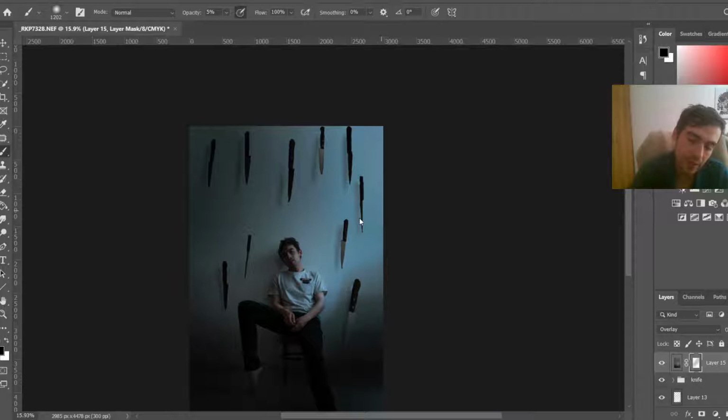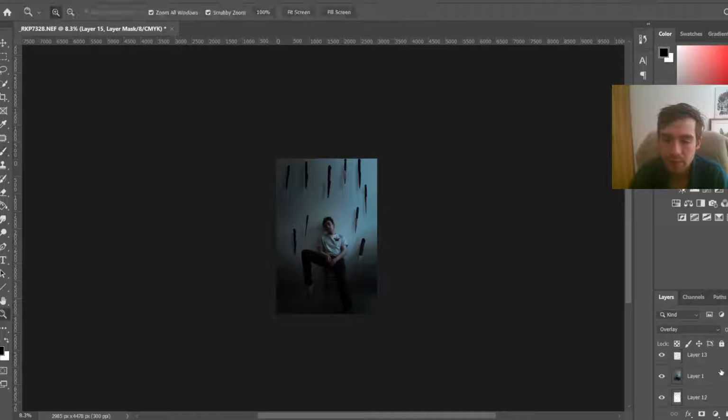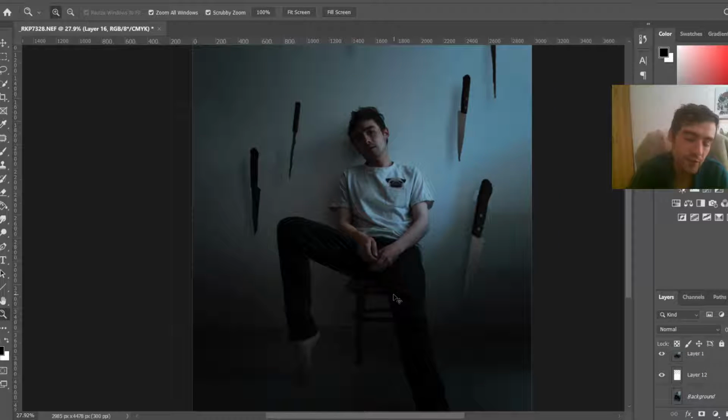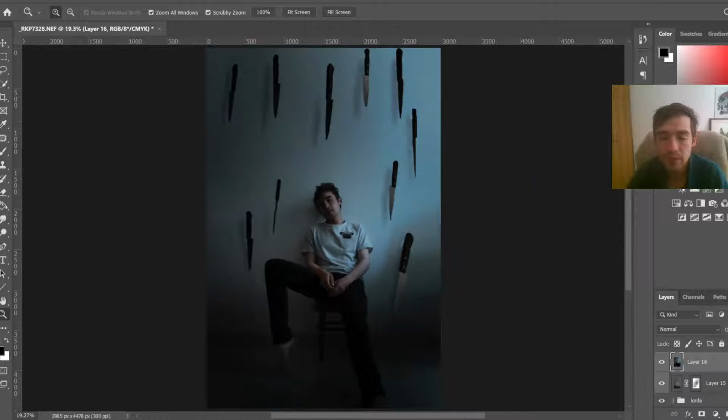What else can we do? I guess it's fine for now. So I'm going to merge everything with Control Shift Alt E. You merge all the layers that you have above, and you get this new layer that merges everything, but without destroying all the layers above. And with this one, I'm going to make a Camera Raw filter. So you press Ctrl Shift A